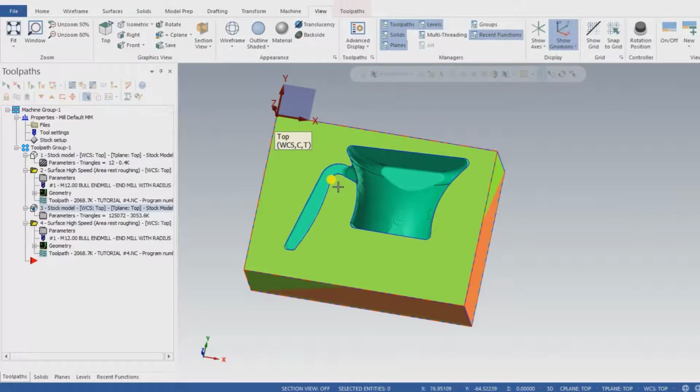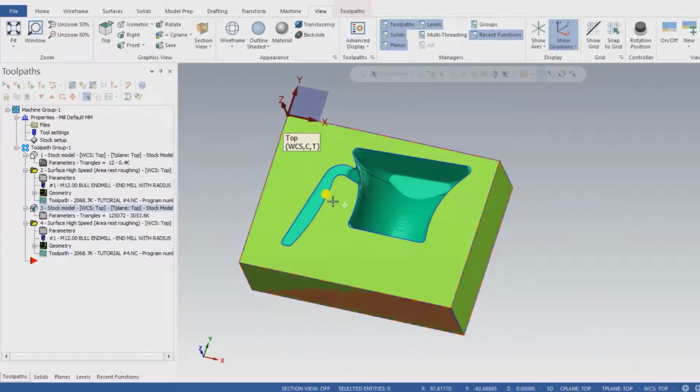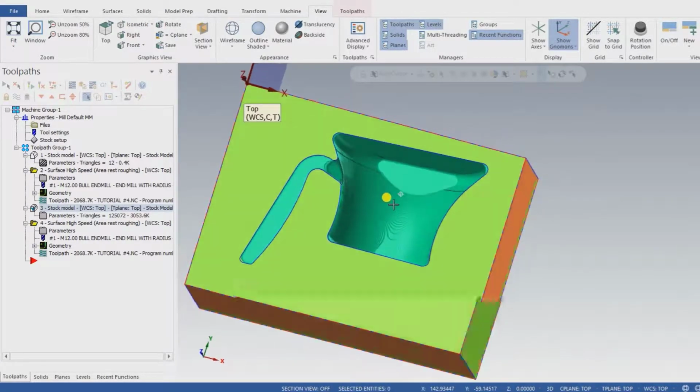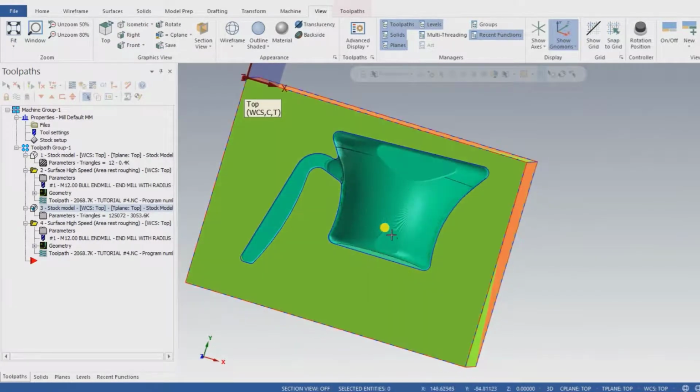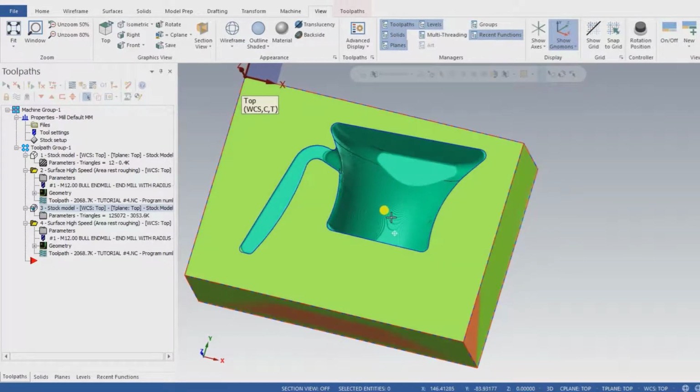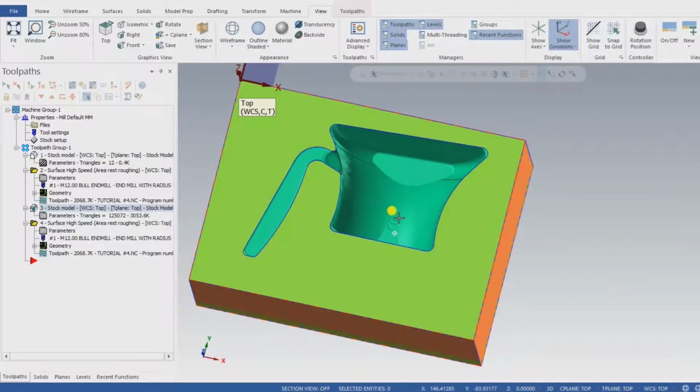So guys, as you can see here, my entire part is going to be machined in a very perfect way, but still some material is available at that one area and as well as that one area. So I have to machine that portion. Let me show you how I can create the machining for that portion.